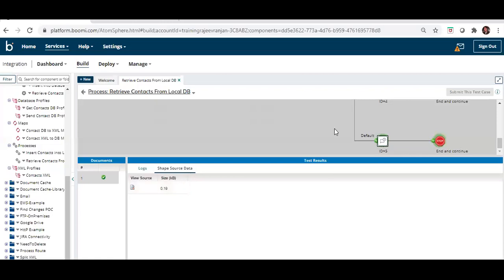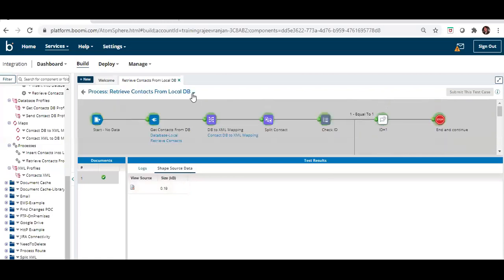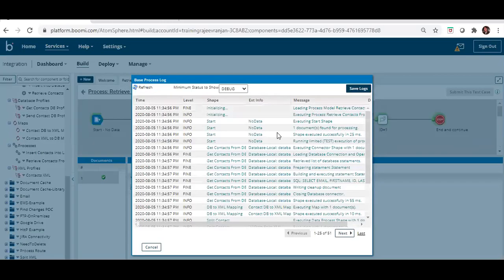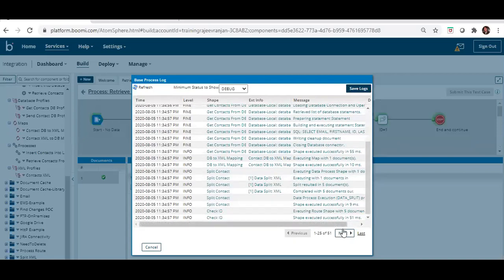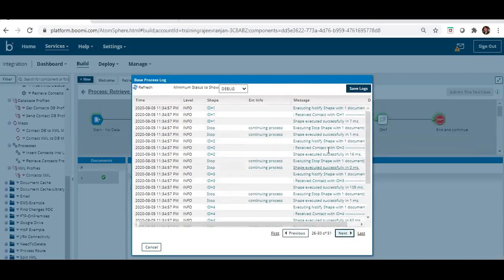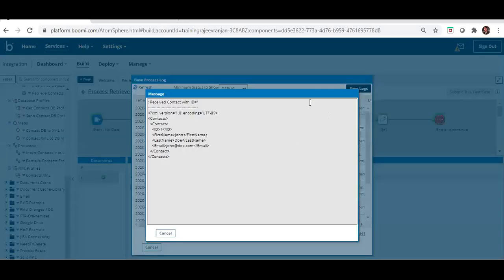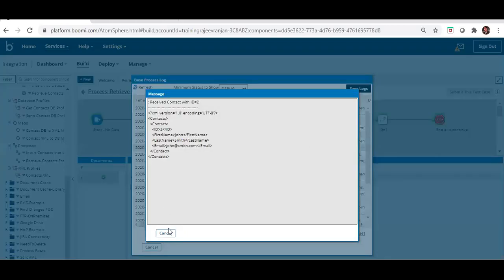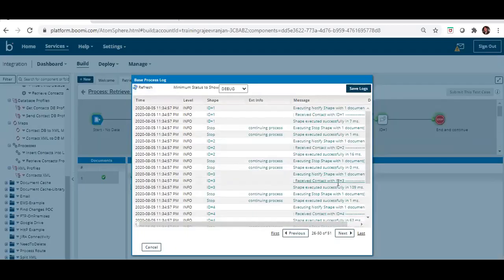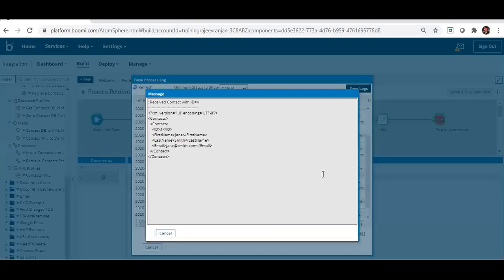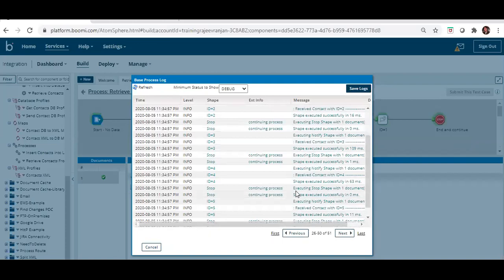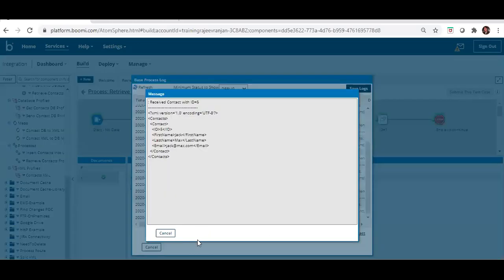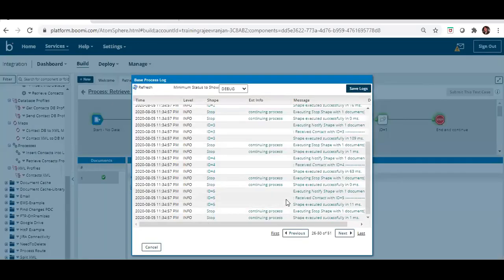Because we have used the notify shape, we can also see this while looking into the log. If we see the log next, we can see here received contact with ID 1, correct. Received contact with ID 2, yes, ID 2. Received contact with ID 3, ID 3. Received contact with ID 4, ID 4. Received contact with ID 5, ID 5.